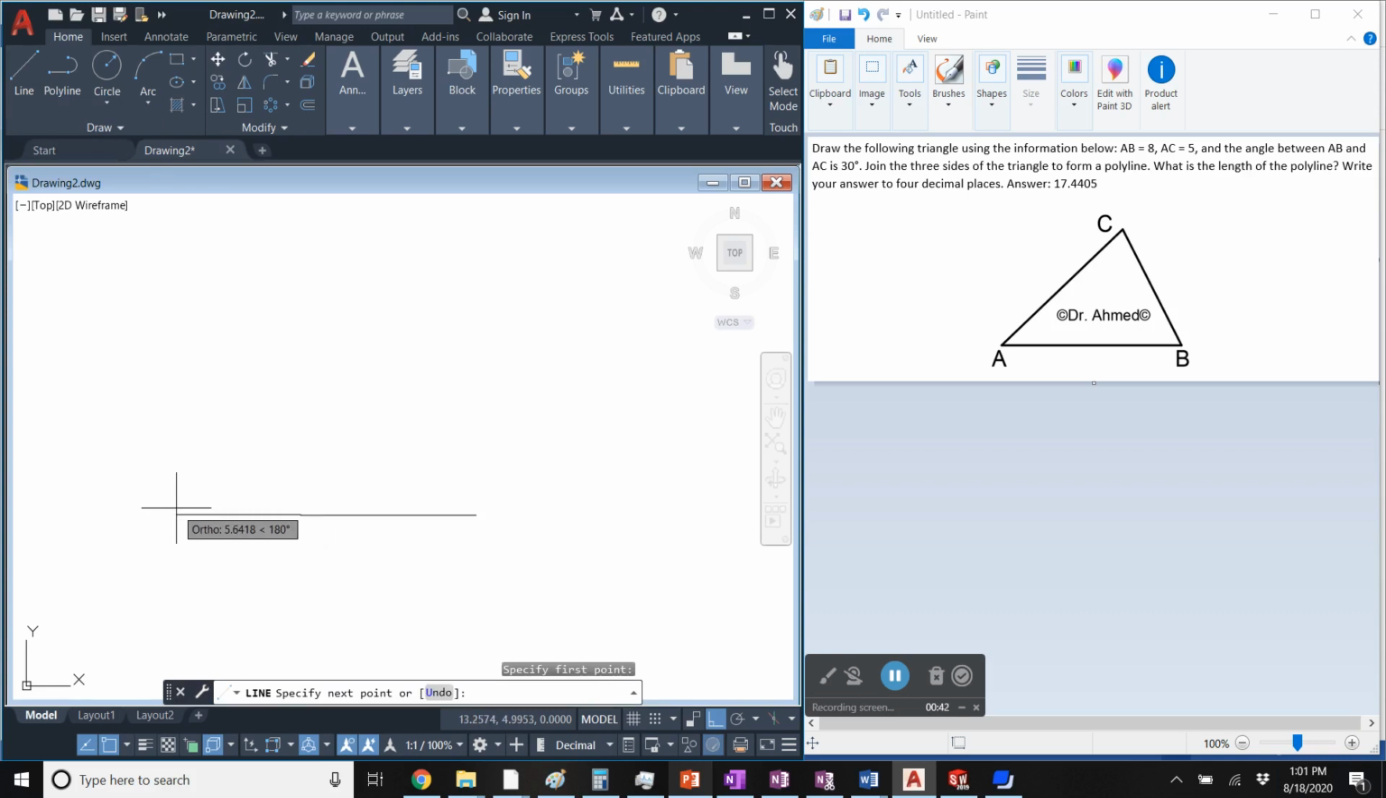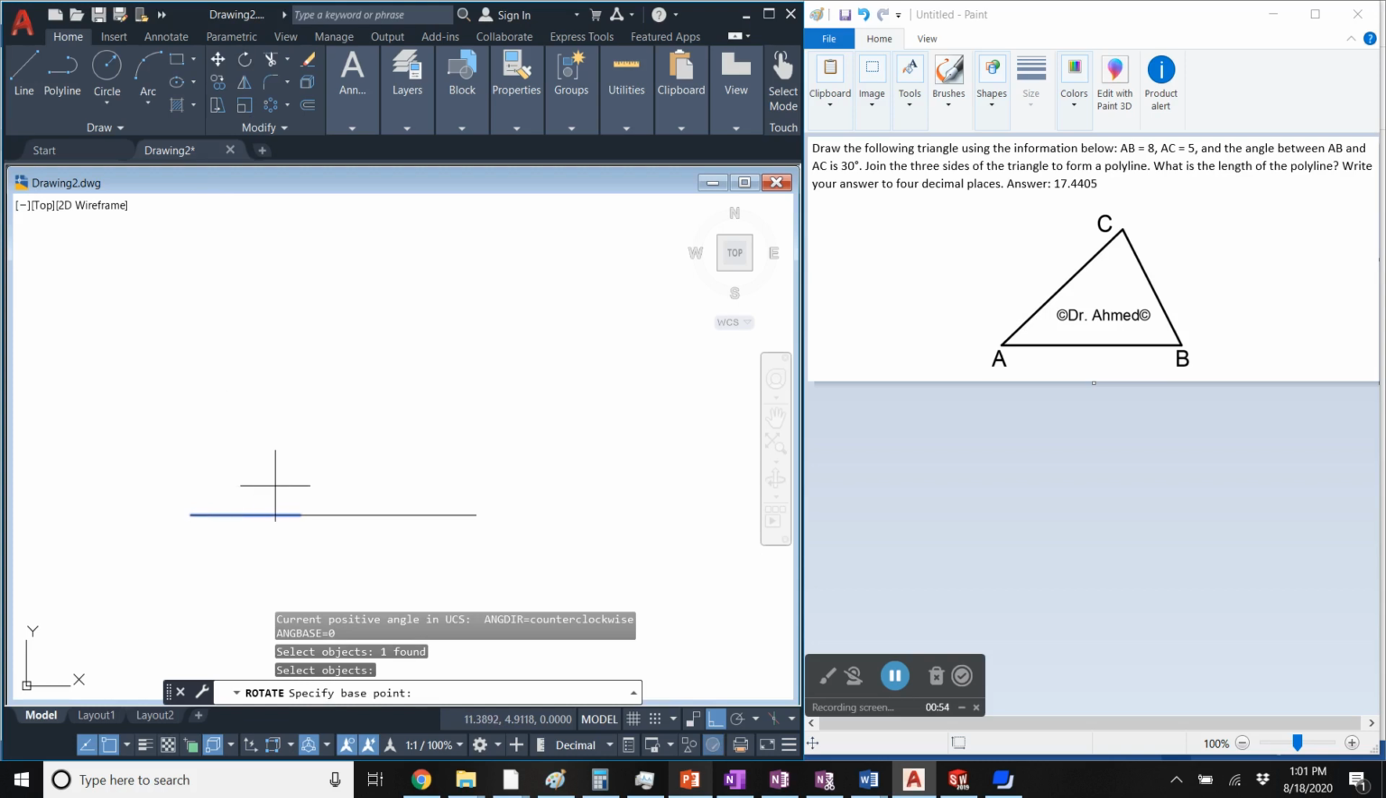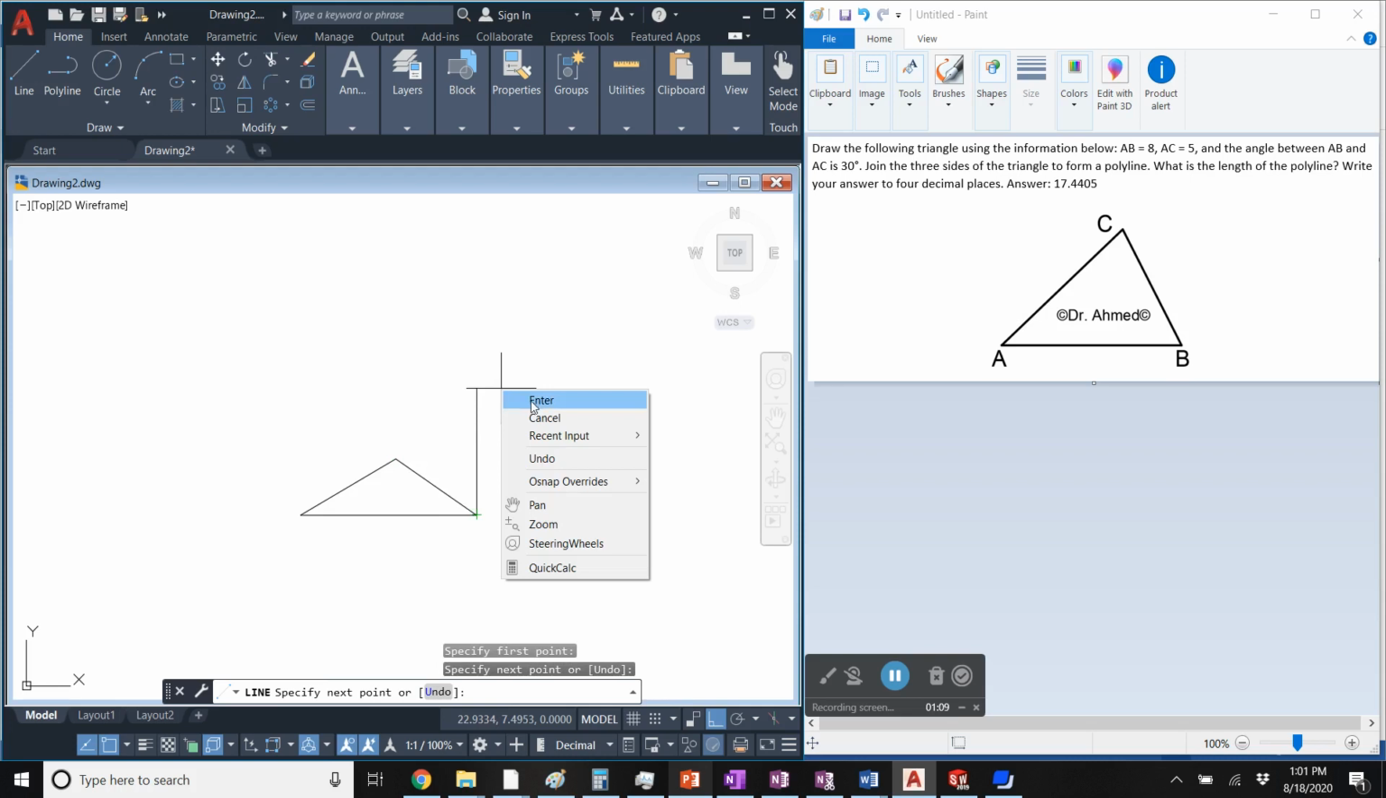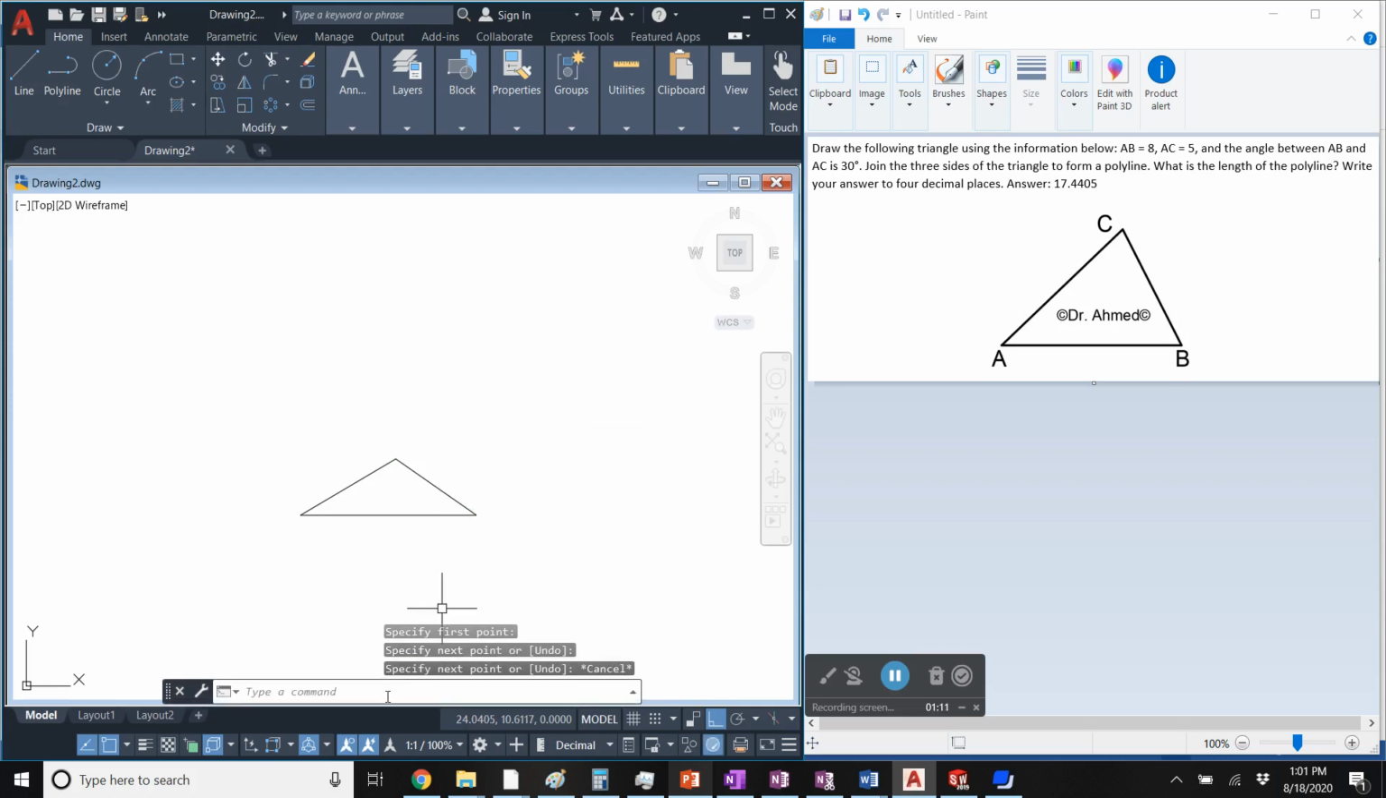move your cursor to the left, type 5, press enter, right click, cancel. Click on the rotate tool, click this new line, press enter, click the right end, type -150, press enter. Click the line tool, connect these 2 points, right click, cancel, type join,